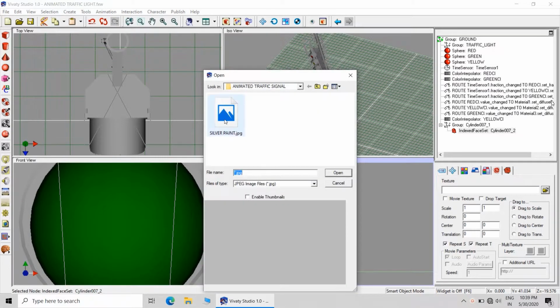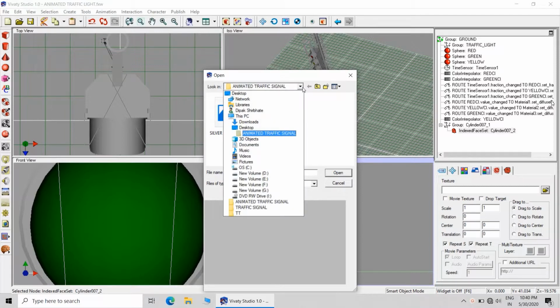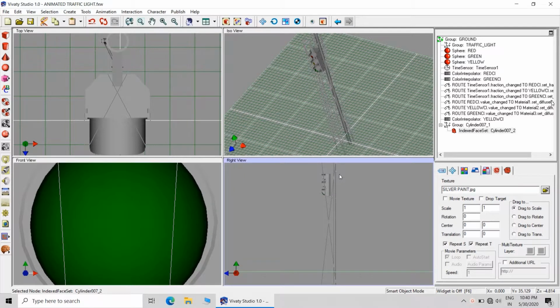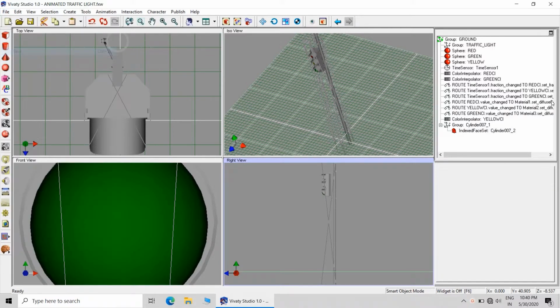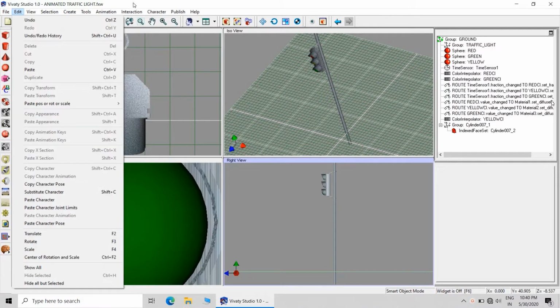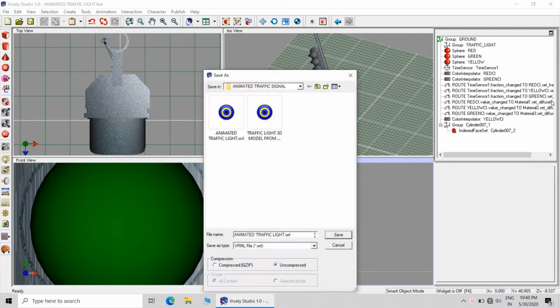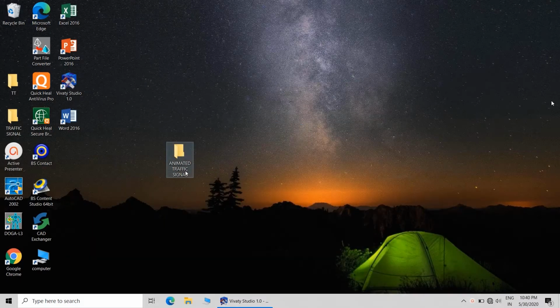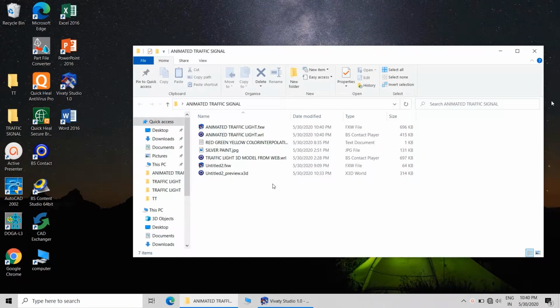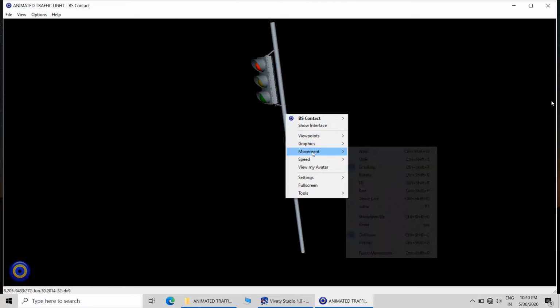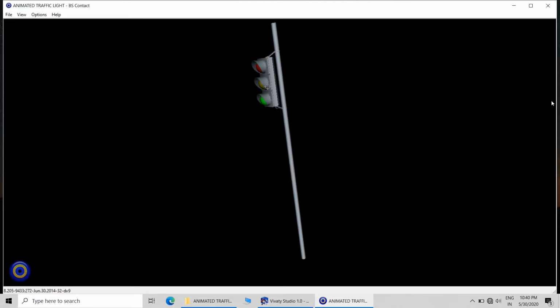Now to make it more attractive, what we can do is apply the silver paint JPG on the entire traffic light assembly. So it will look like it is made of silver type of material, a shining material. To prevent rusting, silver paint is actually applied, and it makes the traffic light more visible, and now you can see that it has adopted that particular structure.